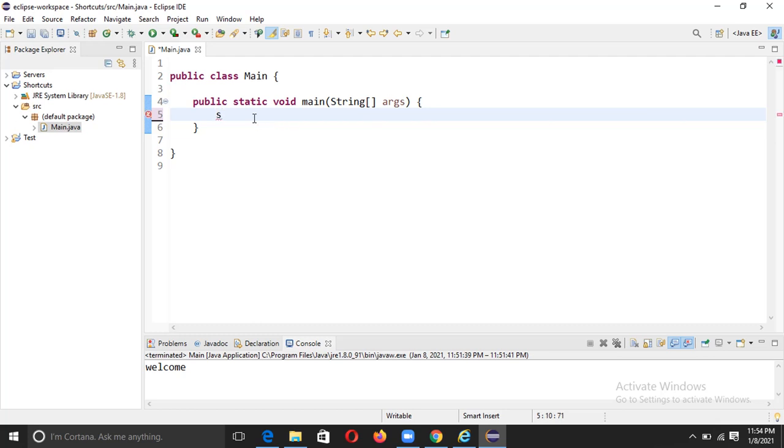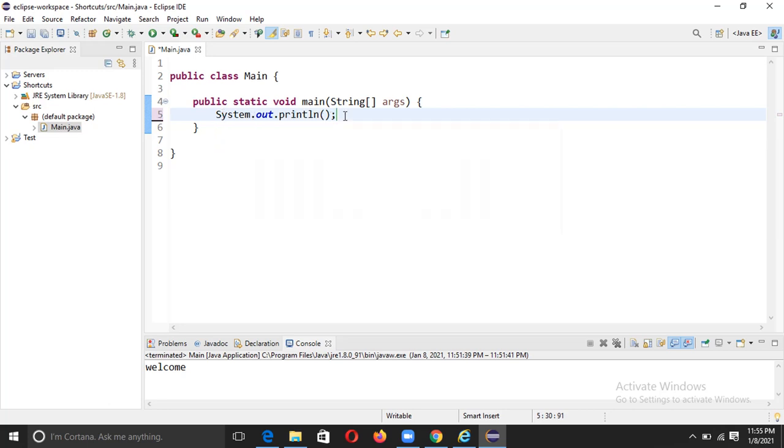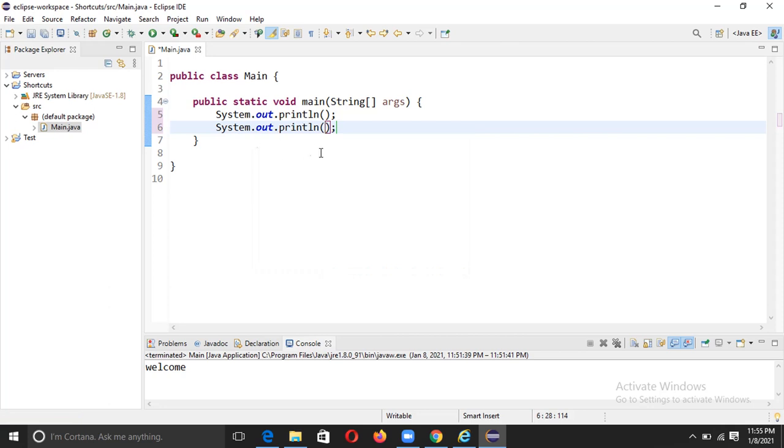System.out.println. What you can do, you just need to type sys out and hit Ctrl space bar. The entire line will be automatically filled up by intelligence feature of Eclipse. So there is a shortcut in Eclipse to print out something which is a print statement. You don't need to write this entire line system.out.println manually by typing. You can just simply type sys out and hit Ctrl space bar. You can then print something to the output. Let's print out something to the output.